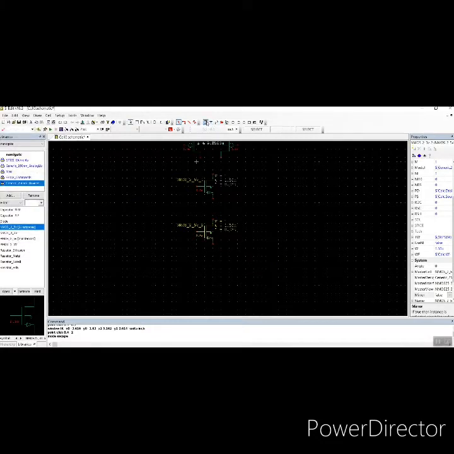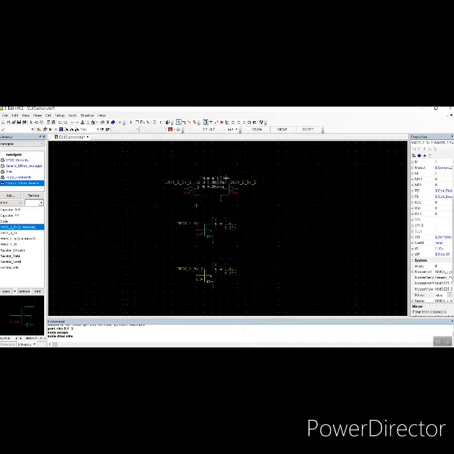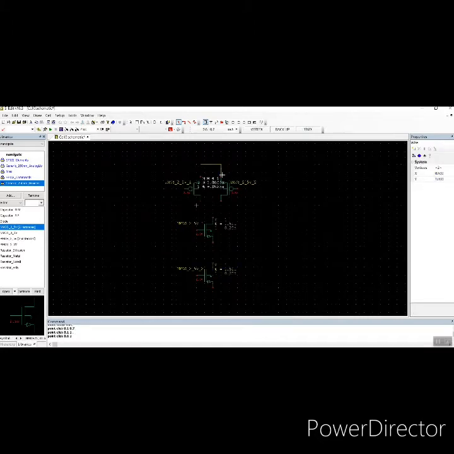Then we need to connect these through wires. We have to connect all the parts. Then we need to give VDD and ground supply.